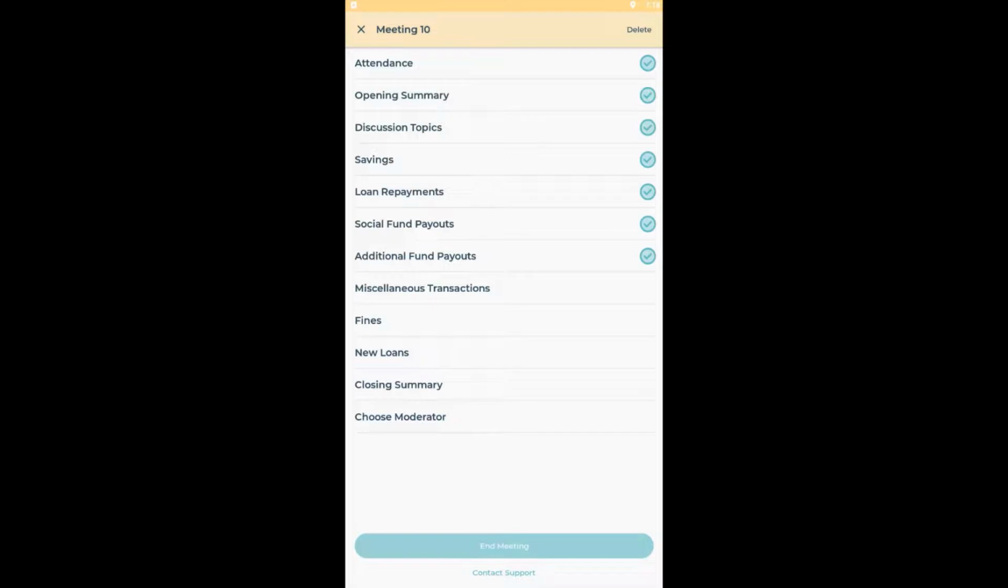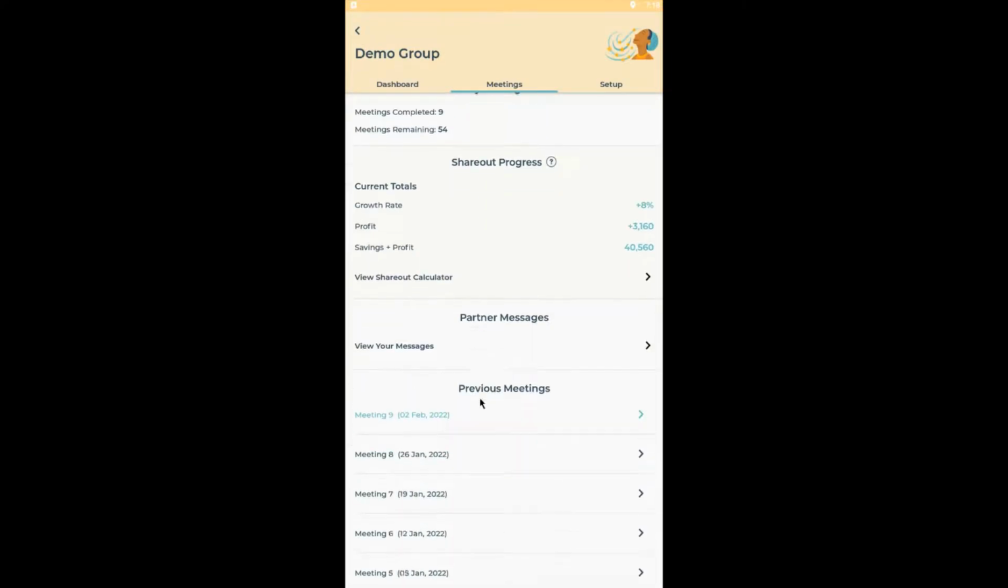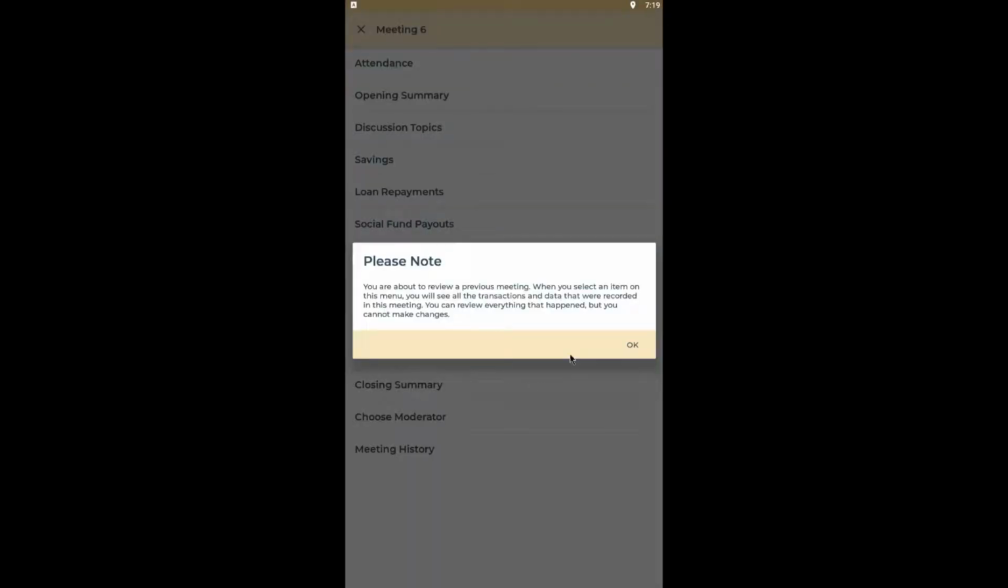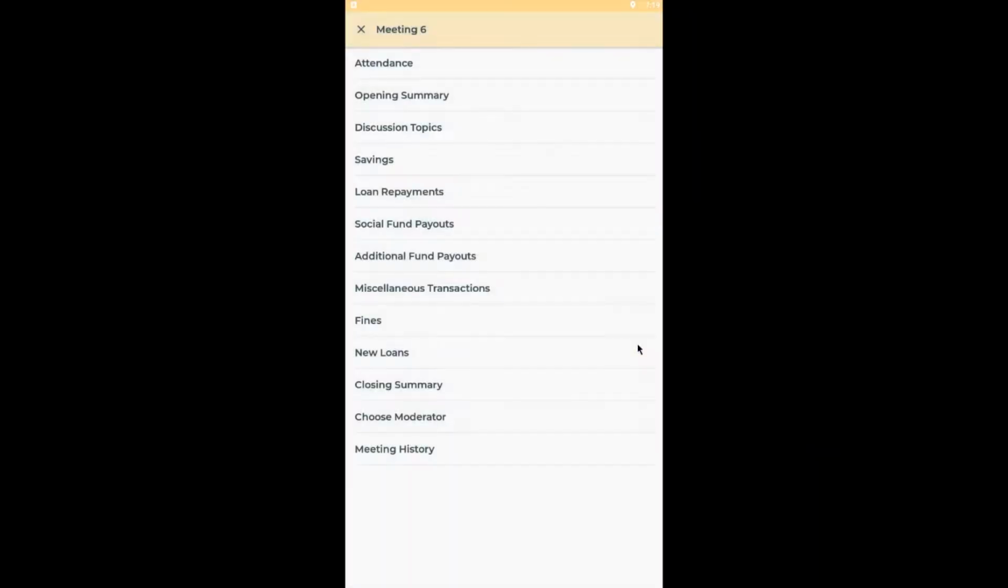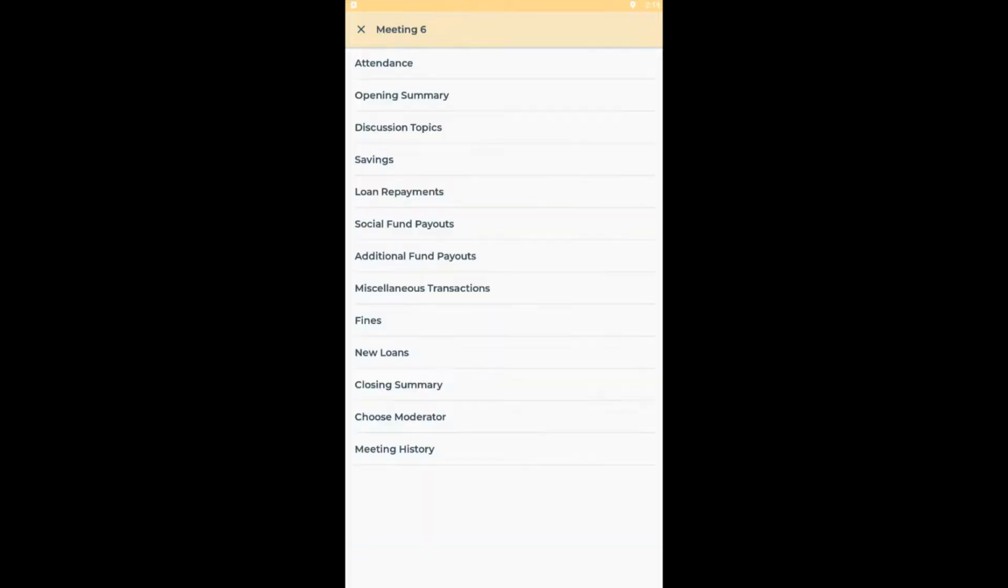You may be wondering, what if you realize that you made a mistake 2 or 3 meetings ago? First of all, try to find the error and investigate what has gone wrong. Once you found the exact error and where it occurred, check for discrepancies in the meeting record. In the miscellaneous transactions section of your meeting,